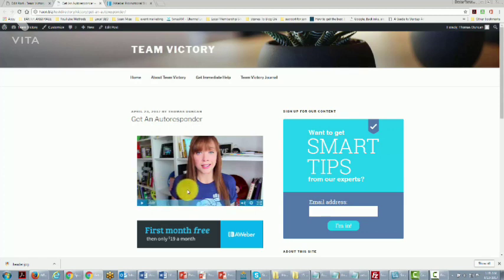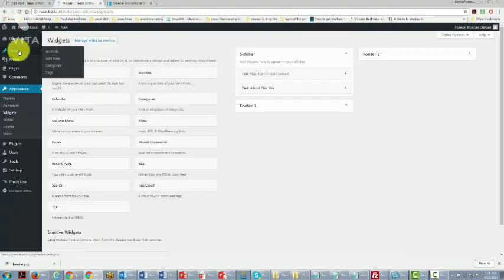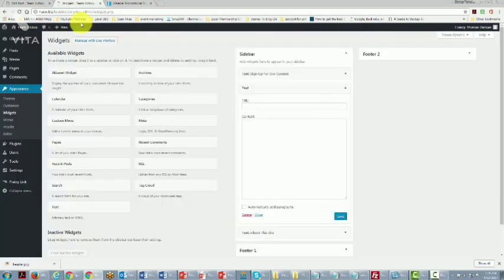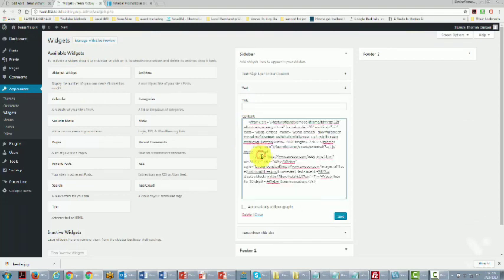Now, one of the other things we can do is the very same thing that we did with our autoresponder code: we can put code in our widgets so that it will appear on all of our pages. In order to do that, all we need to do is go back to this area and find our widgets. Then we can take another text box, and all we've got to do is put our code in this area again. We'll click Save,